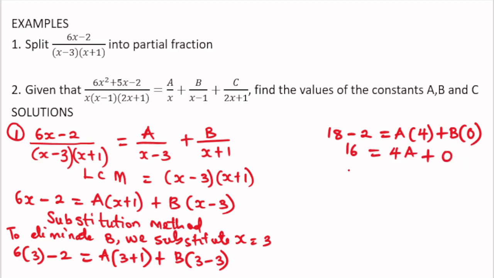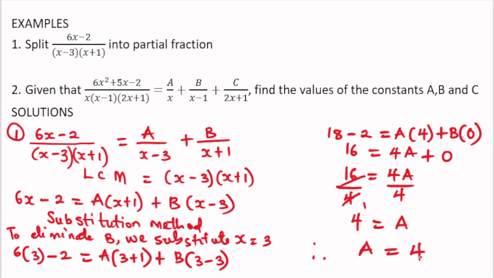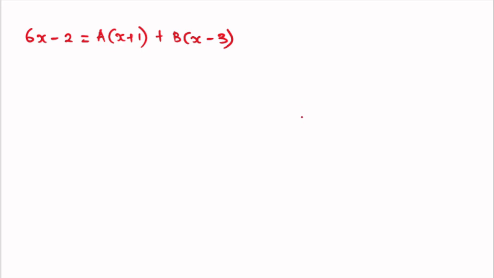So what we'll have left is 16 equal to 4a. We divide through by 4 to get the value of a. 4 in 16 will have 4, equal to a. So therefore, the value of a is equal to 4. Now move forward to get the value of b. So bringing back our expression,